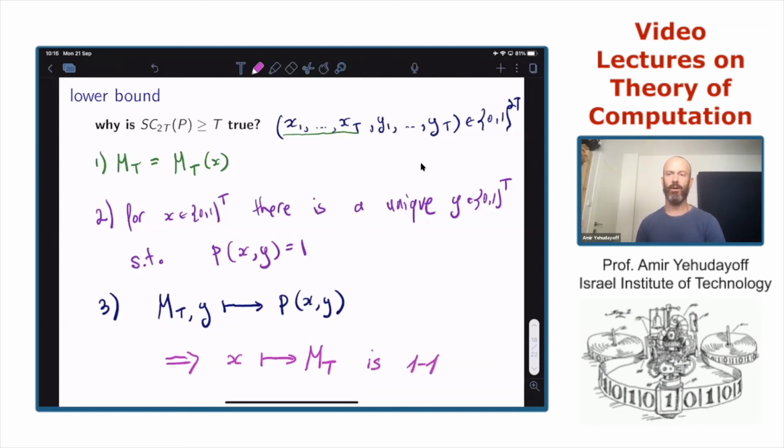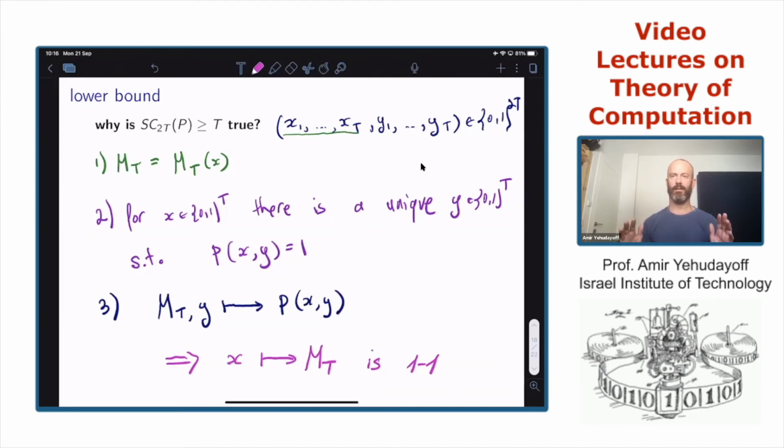If this map is not one-to-one, then two x's are mapped to the same state of the memory. But for each of them, there is a different y that palindromes accepts. So it cannot be, if 1, 2, and 3 hold, that this map is not one-to-one. You can write some more formal details if you want, but the intuition, I think, is clear.